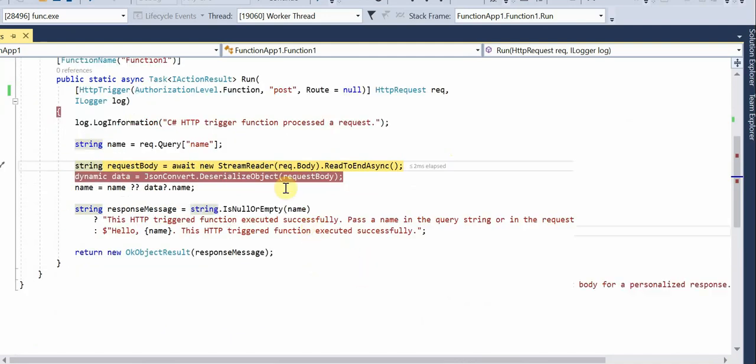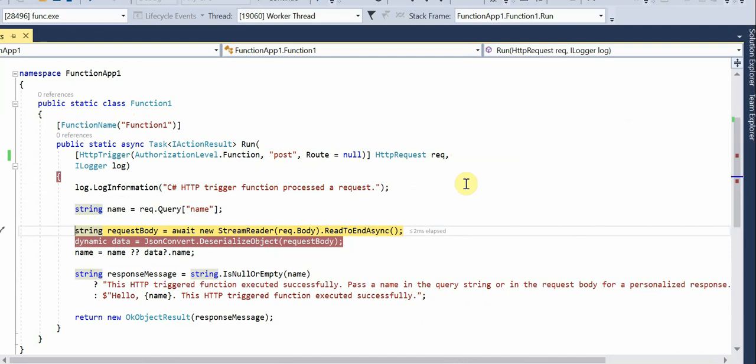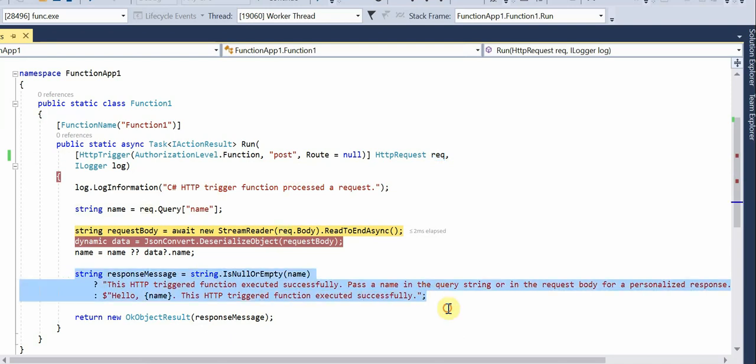You basically hit your Azure function. You can pass the sample input the way you want. Like in one of the videos I uploaded yesterday, I was calling this Azure function from the plugin and I was passing some name and vendor ID. So after hitting the Azure function from the plugin, it will come here with the request, and you can do your own task in this Azure function.